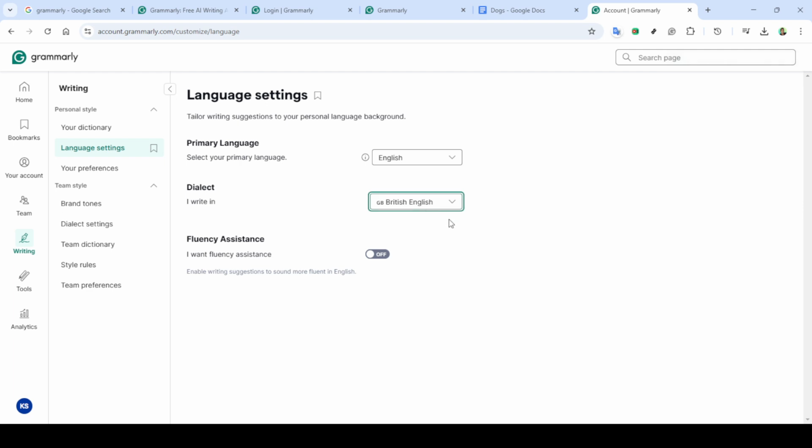Finally, once you've set everything to British standards, you're ready to go. With these settings adjusted, you'll be writing in perfect UK English in no time. Whether it's spelling differences like colour instead of color, or adjusting punctuation rules, you'll be set up